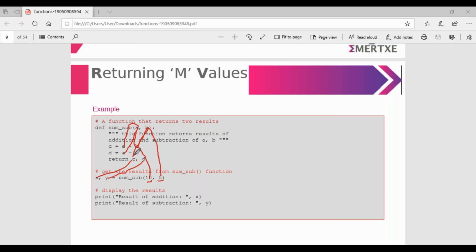First one is 10 plus 5, so you received c is equal to 15. Next statement, 10 minus 5, d is equal to 5. Then we can display x, y. Print the result of addition, x, 15. Print subtraction of y, then it displays 5. Understand? So this is called returning multiple variables.